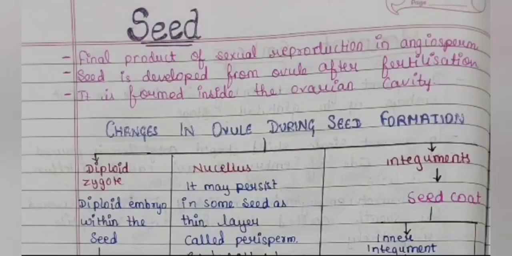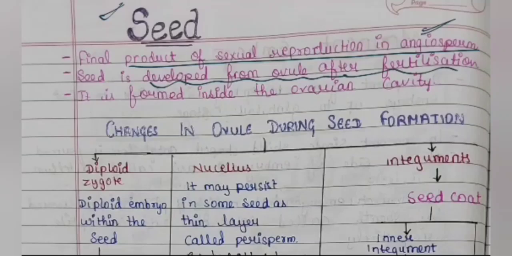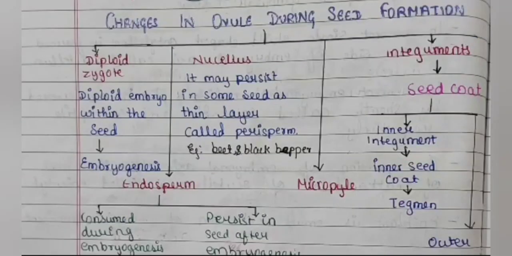Coming to seed, it is the final product of the sexual reproduction in angiosperms. Seed is developed from ovule after fertilization. It is formed inside the ovarian cavity. Now the changes in ovule during the seed formation are: